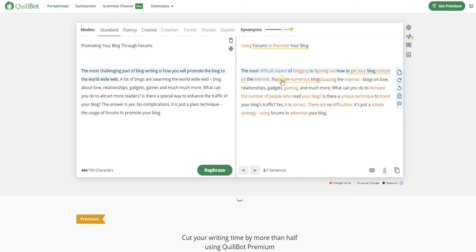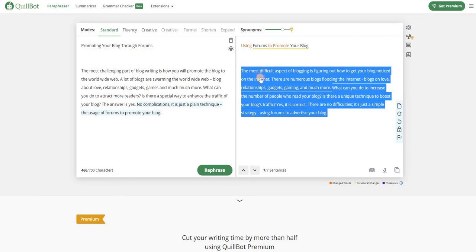But for example, there are numerous blogs buzzing, like this word. What if I don't like this word? I could actually look and see what I could replace it with. Over here they have swarming, so I wouldn't want to use that. So I could say there are numerous blogs probably flooding the internet. I think I would rather use flooding than buzz. So you can actually go through and if you see a word which doesn't sound right to you, you can just replace it. And this is much better than an article spinning tool, because sometimes when you spin the article you can't read it. So what I would do is copy this, and I'm going to put it